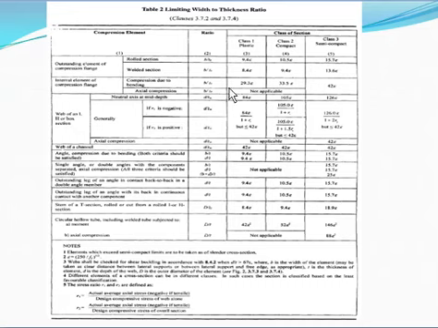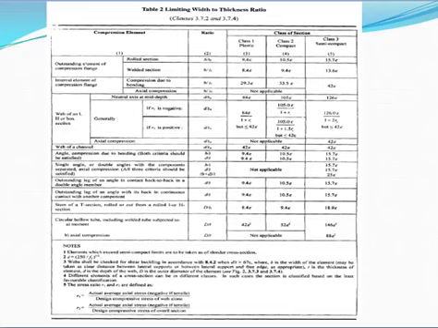Now see the next column, that is the class of section, which is our interest. In that, the first class is given as plastic. We already read out these things. Plastic section, class 1. In case of this section, the value for the rolled section b upon tf is given as 9.4 epsilon.